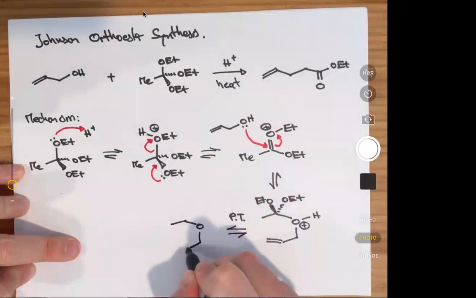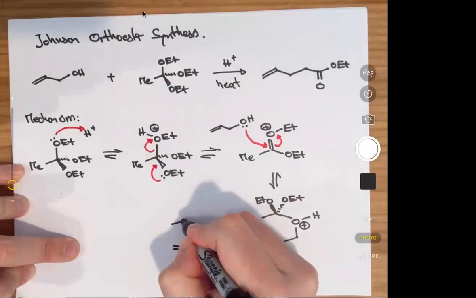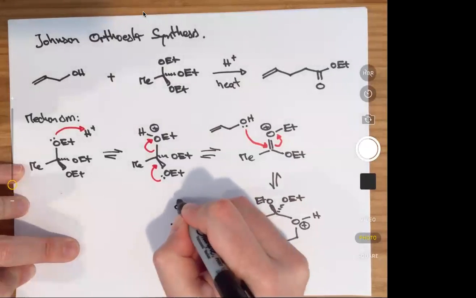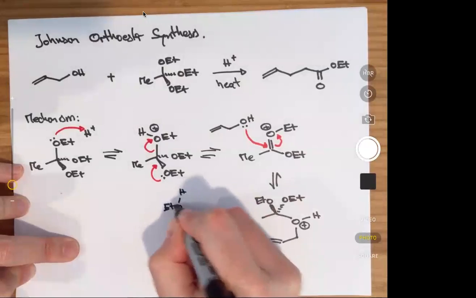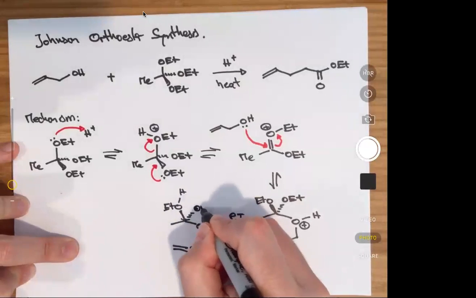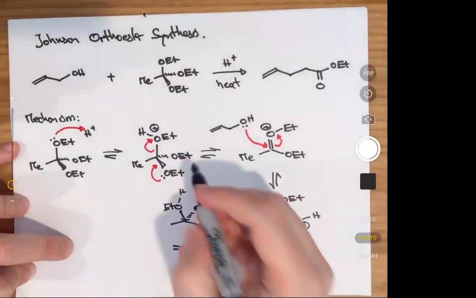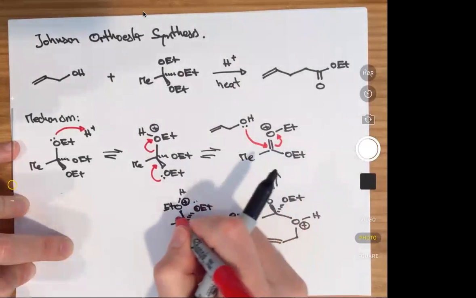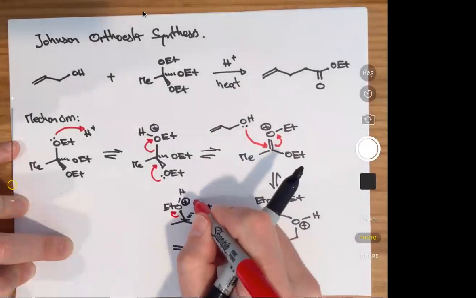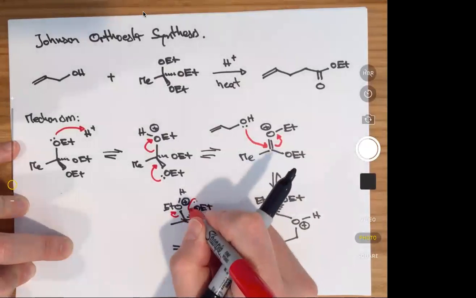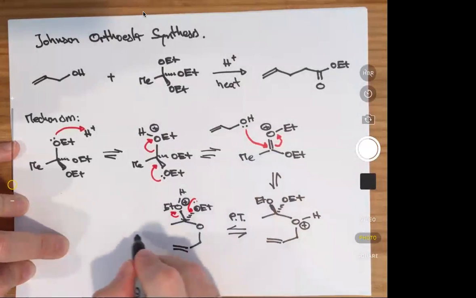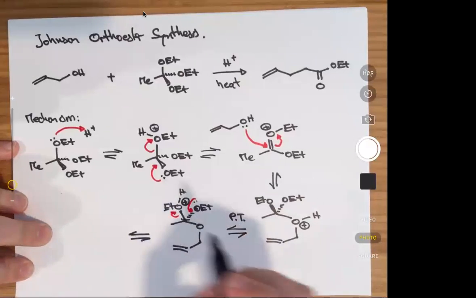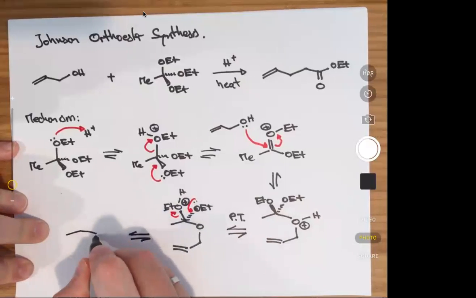Now as the proton transferred species, let's say the one in the front is now the protonated form, and the one in the back is still the unprotonated species. So this has now a positive charge here. And you can easily imagine that this will rearrange again. This is a good leaving group, is being kicked out, and these electrons as lone pairs on the oxygen move in and form a new carbonyl. So again, you lose one equivalent of ethanol, and you form